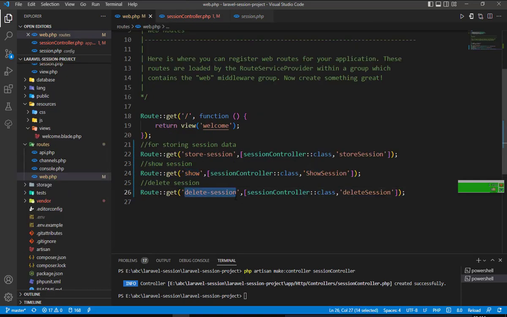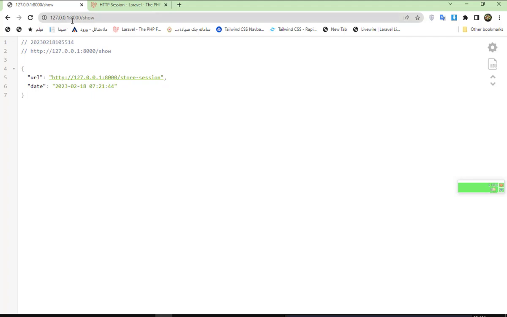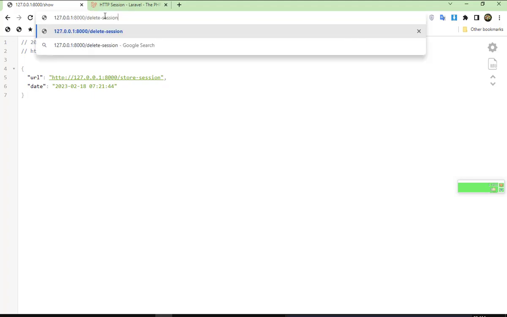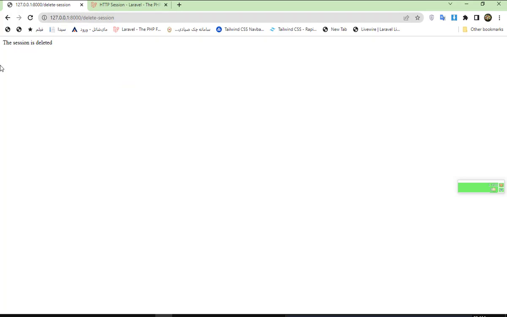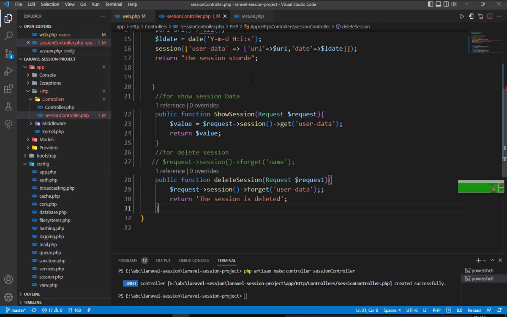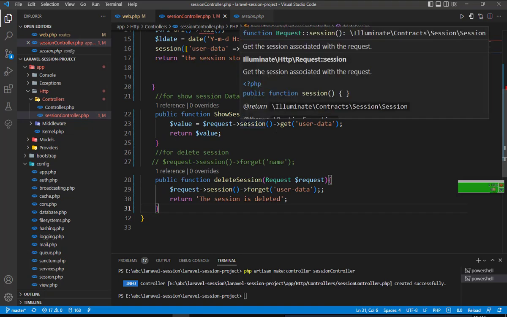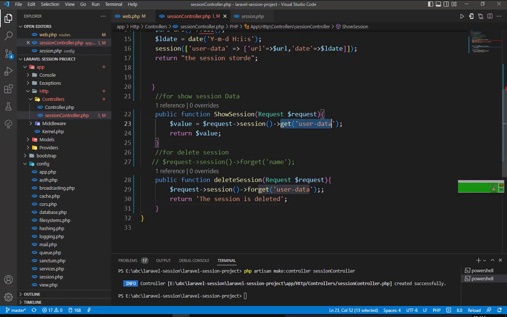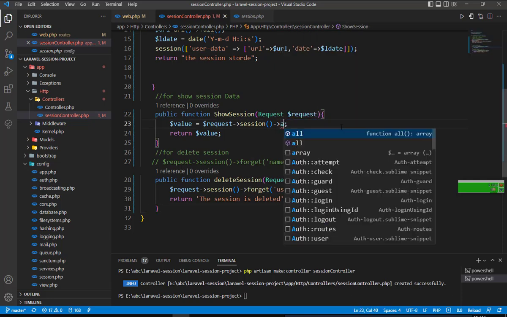I copy this from here, Control C, and go to the browser and Control V, and hit enter. The session is deleted. The remaining part of the information I would like to tell you, if you would like to see all information about the session, we can use this helper, get session all. By using all, we can see all information about the user. Let me show you that. If I remove this from here and add this helper all,